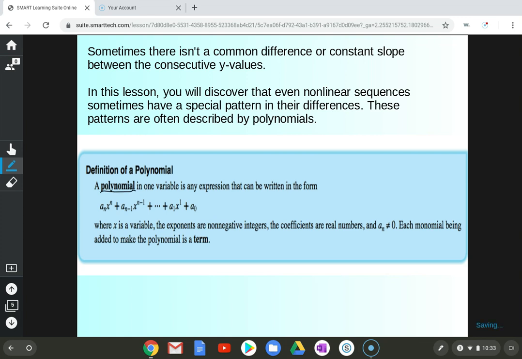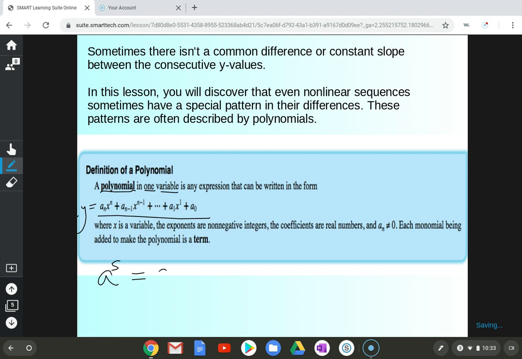A polynomial, first of all, notice, has one variable. Now, it's okay if you have a y equals. X is just one, what it really should say is one input variable. So a polynomial has one input variable, and then it can be written in this manner. Now, it looks a little confusing with this a sub n x to the n, a sub n minus 1 x to the n minus 1, but the